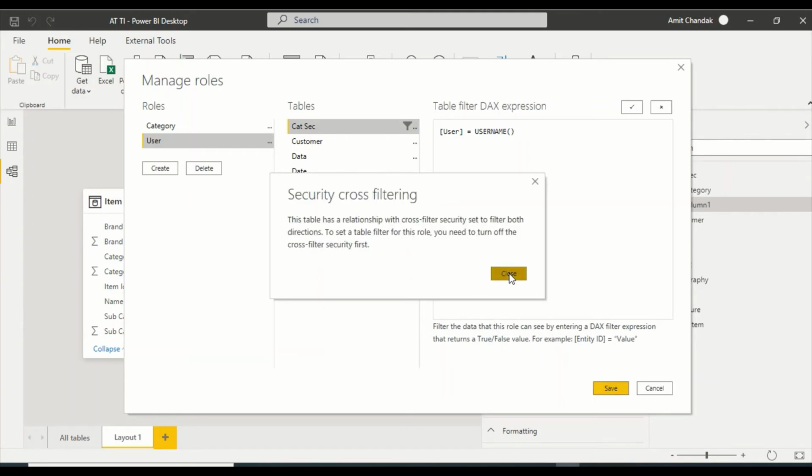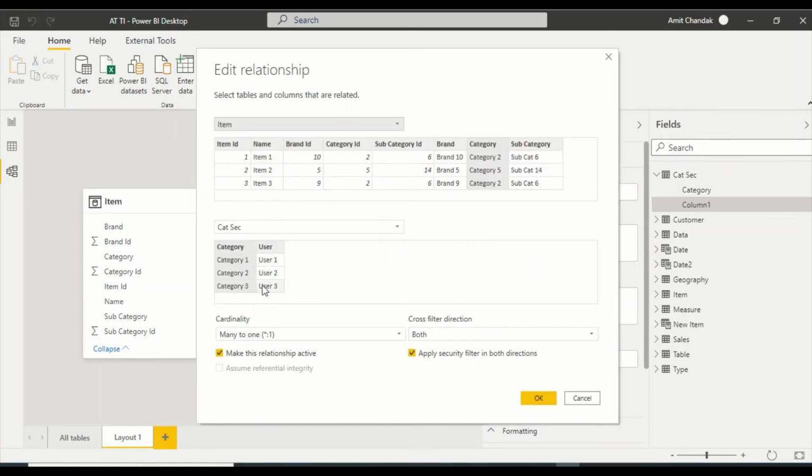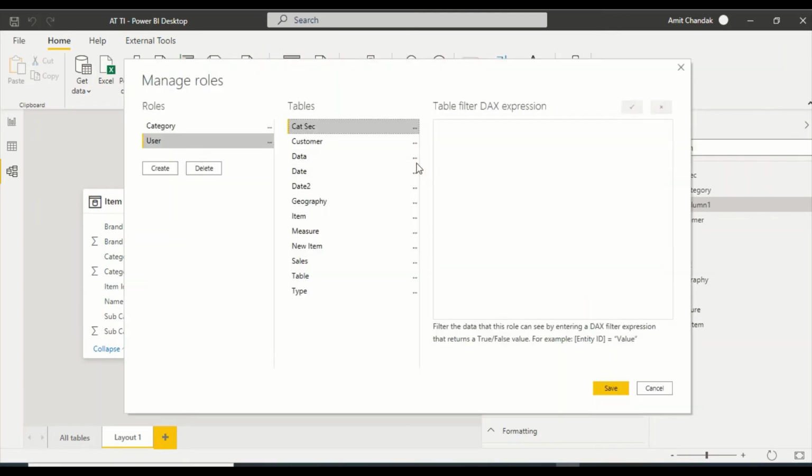Okay, so now this is the error which you can get. You have to go to the relationship here and uncheck this. If it does not work, save it, come back, and add it again. You can add it on multiple. Right now again I'm saying, and let me say username.